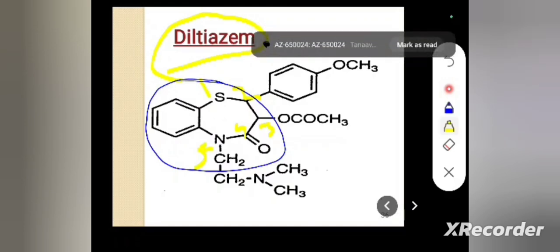So remember, the second and third carbons are substituted by different groups, and the fifth position nitrogen is also substituted by different groups. Mainly at the fourth carbon there is the oxo, so we can write 4-oxo-2,3,4,5-tetrahydro